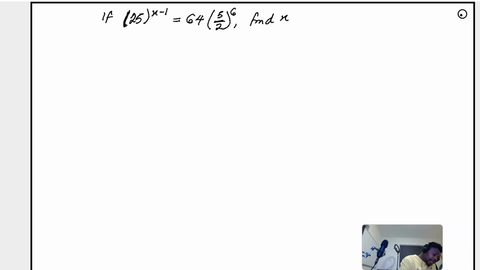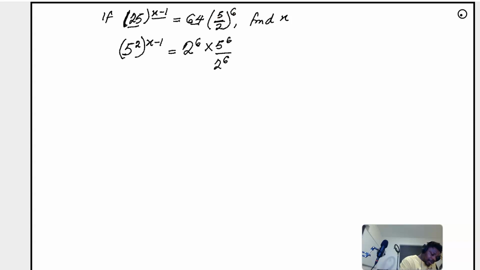Now, let's solve for x in this question. So this is 25 raised by x minus 1. I can say 25 is something as 5 raised by 2, right? So that is x minus 1 there. This 5 raised to power 2 is something as 25. And then x minus 1 is this one. 64, I can say that is 2 raised to power 6. That is 64. So I can still say this is, times, 5 raised to power 6 over